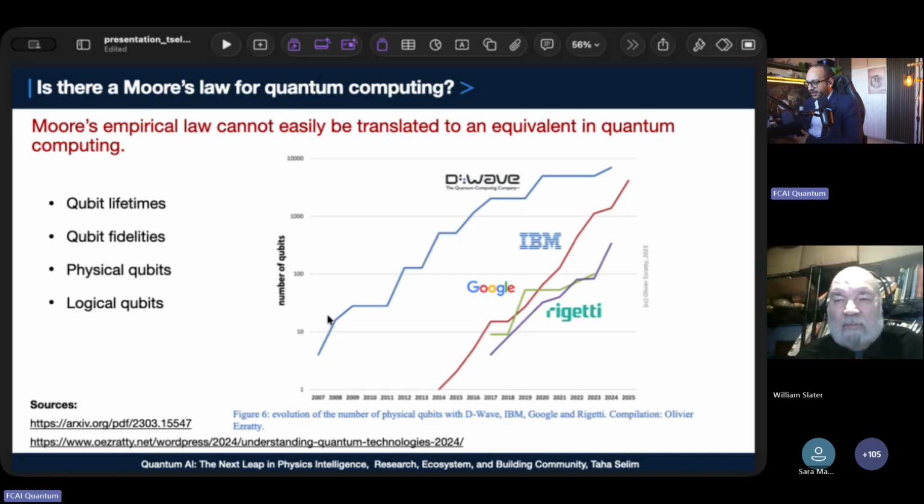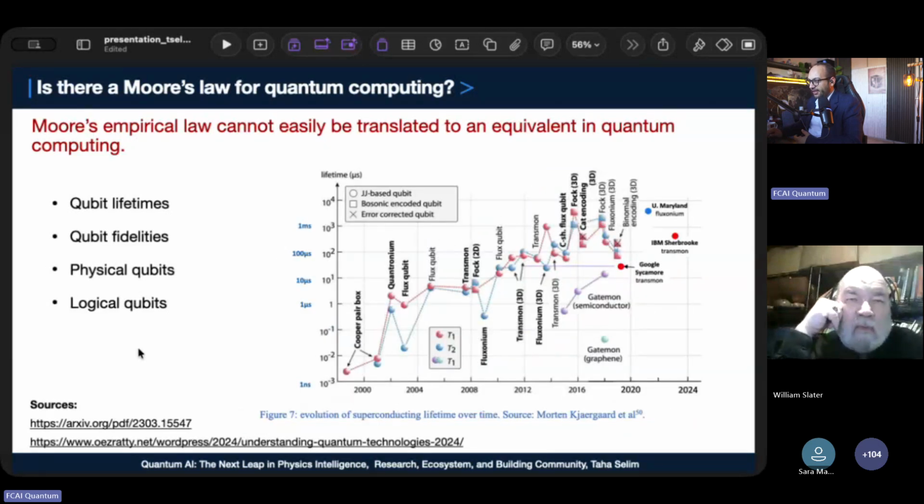And for these, we can see the trends of D-Wave, the number of qubits that they are developing in their annealer systems. And we see here the IBM quantum system, Rigetti, and Google. And of course, we have some trends. But can we establish a Moore's law? That would